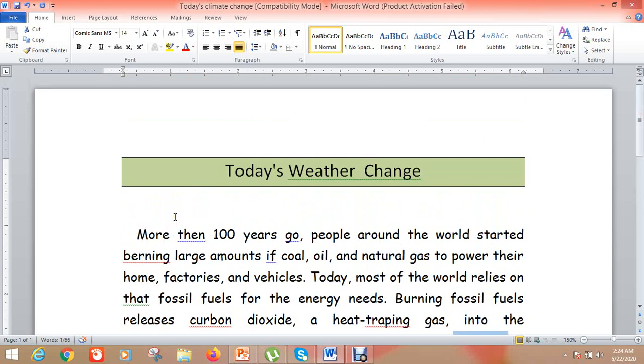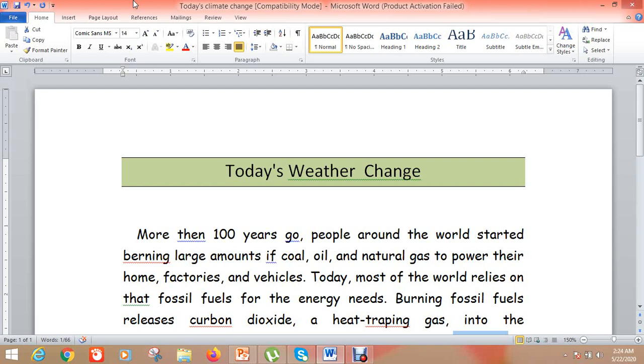Now after that we are going to study the function of thesaurus. Thesaurus is a dictionary which is already available in Microsoft Word, in which we can find the meaning of different words.